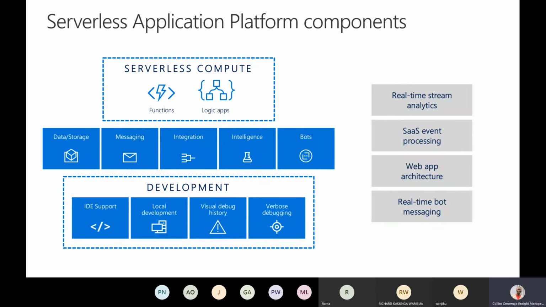The key delivery of serverless compute on Azure is Functions and Logic Apps that integrate to data storage, messaging, some level of integration with existing applications, providing some intelligence, and using bots on the platform. So it's quite an interesting approach to delivering applications compared to legacy and monolithic delivery.